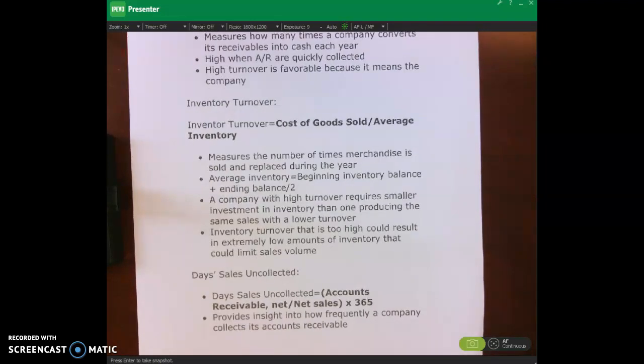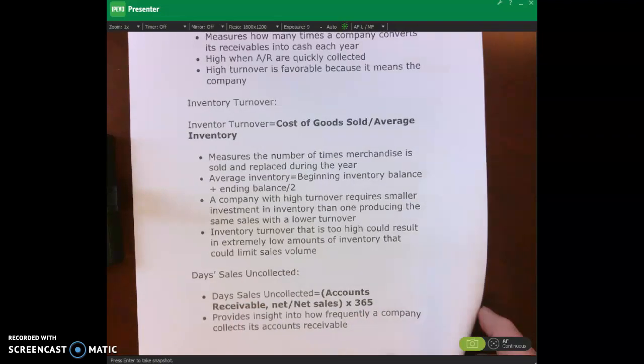Along the same lines of our accounts receivable turnover, we have the days sales uncollected financial ratio. The way we calculate this is we take our accounts receivable net, so after the allowance for doubtful accounts, divided by our net sales times 365. That shows us how frequently a company collects on its accounts receivable, and it is measured in terms of days. So the ratio is in days. That's why you're multiplying times